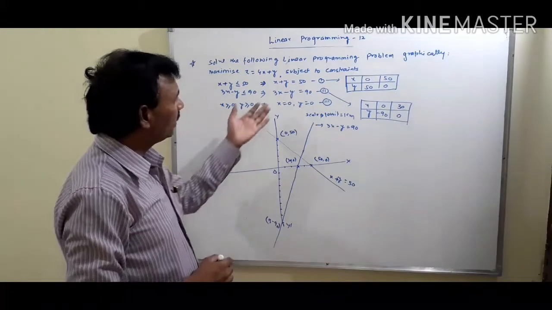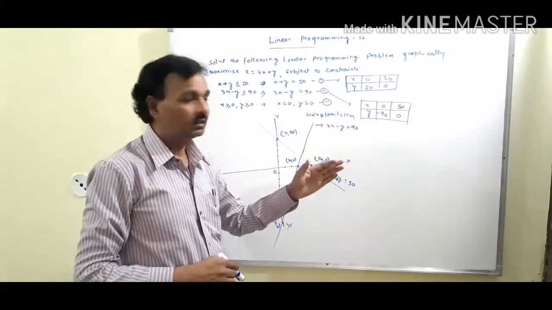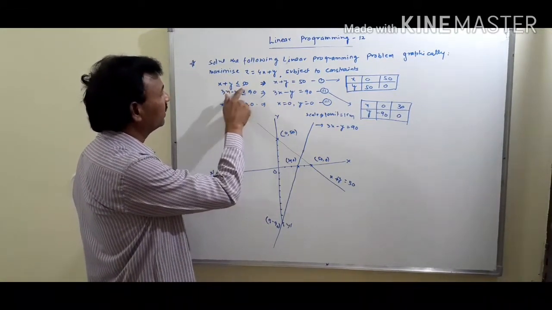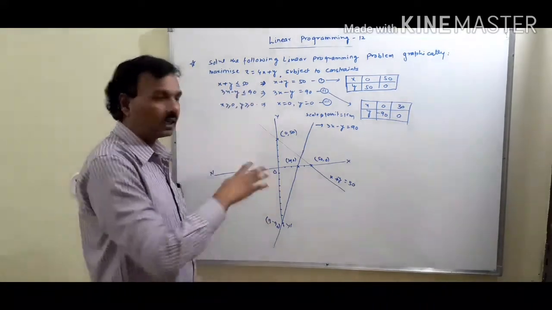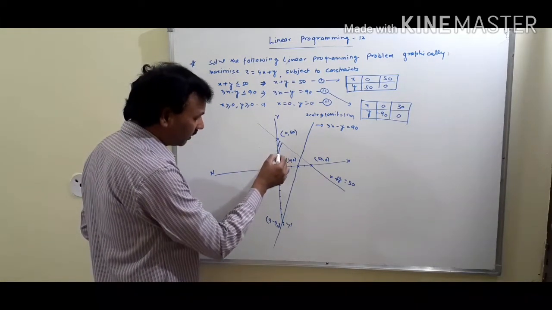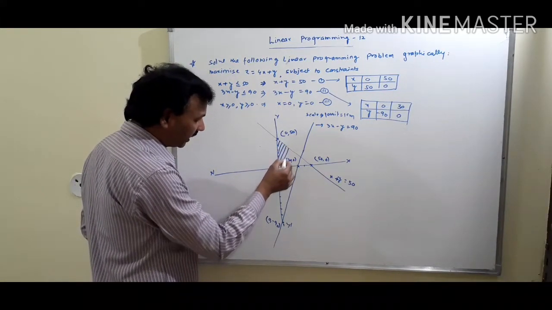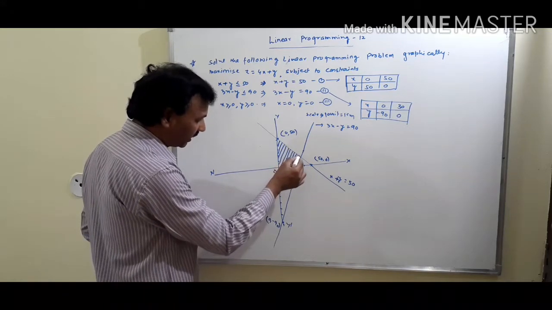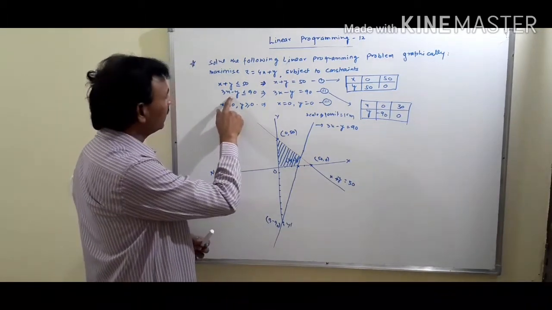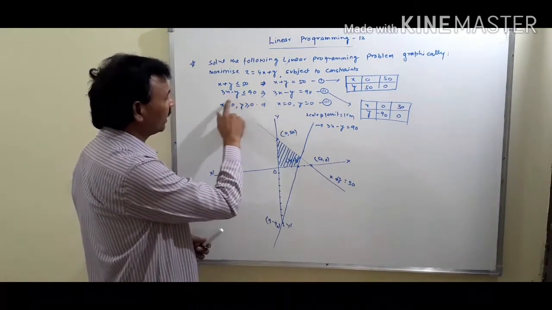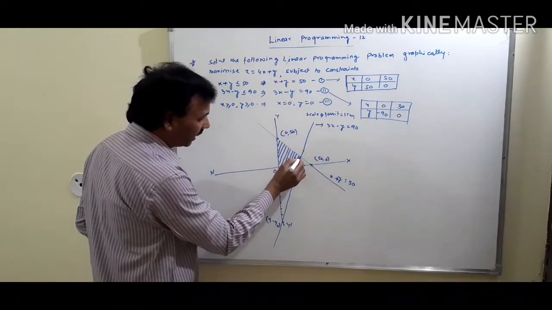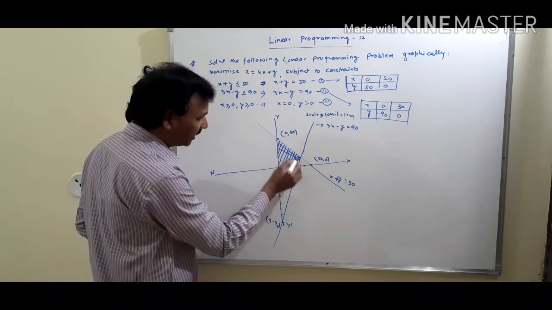Now we try to find the half plane contained by these lines. If you put x equal to 0 and y equal to 0 in the first inequality, 0 is less than or equal to 50, so it contains the origin. That means towards the origin from this line will be the shaded region. And if we put 0 minus 0 in the second inequality, 0 is less than or equal to 90, which is a correct statement. So from this line too, this region will be the shaded region.